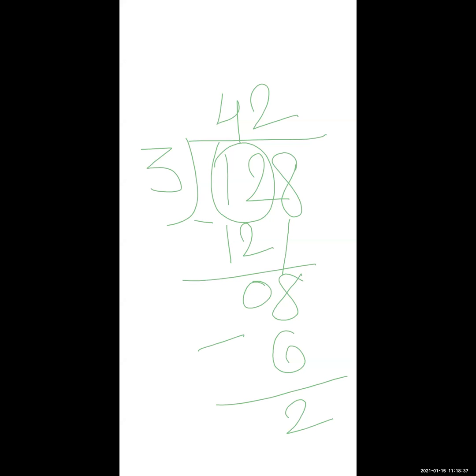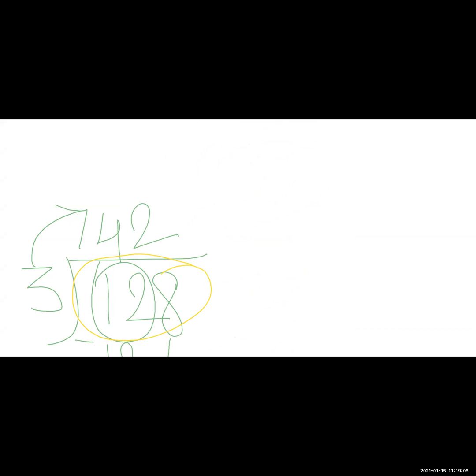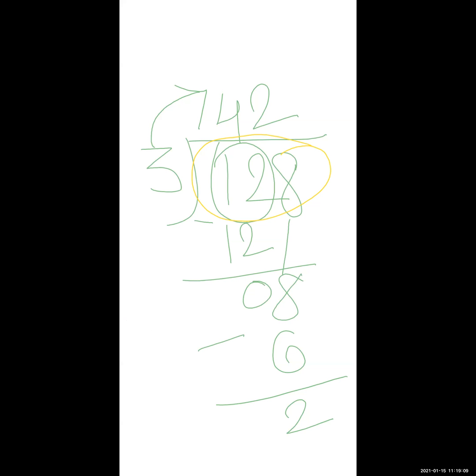But you want to check whether your answer is correct or incorrect. So how will you check? Tell me. I told you, the divisor and the main answer, you want to do the multiplication. If you do the multiplication and the same number comes, that means your answer is correct. Clear? So do the multiplication: 42 into 3.